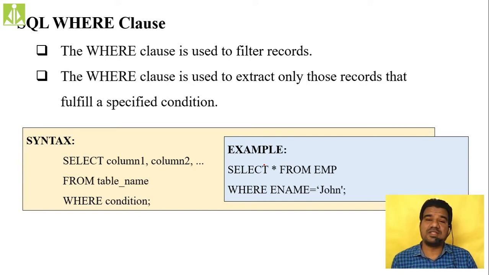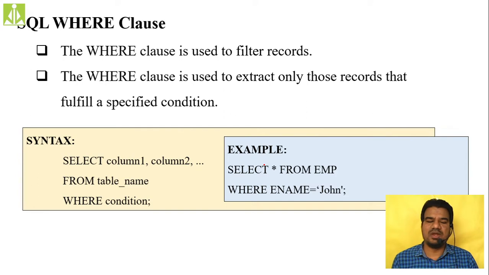So if you have such a type of filtering, or let us say you want to select only the employees whose name starts with the letter A, it is also a kind of condition, isn't it? Or let us say whose salary is more than 50,000. You want to select the employees whose salary is more than 50,000. So to achieve all these things, you have to impose the filters, the conditions, on your database. To do that, we use this WHERE clause.